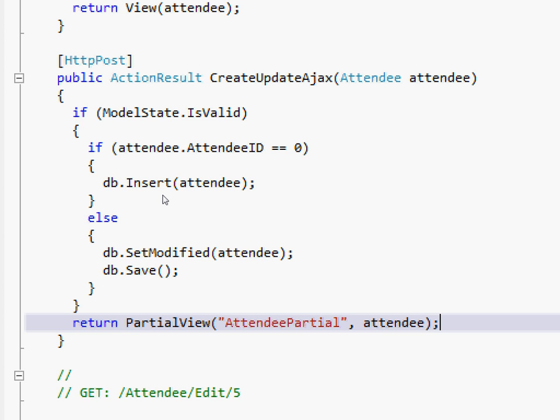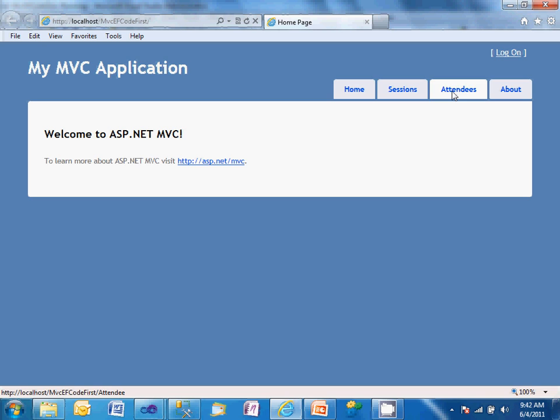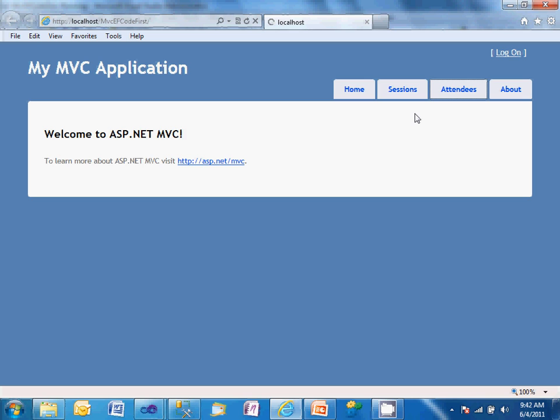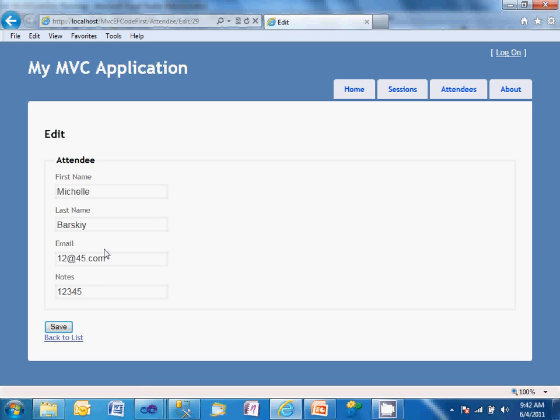So if you want to see that in action, here's what it looks like. And I'm using another helper UI library called Block UI because it was really quick and easy. If you want to do something fancier, you can. So if I'm going to look at this page, I'll remove some of the breakpoints here. And I'm going to do edit. And I'm going to change some notes here. See what happens when I hit save. That's all that happens. So if I want to see my JavaScript still works,